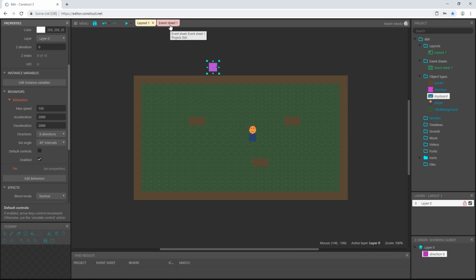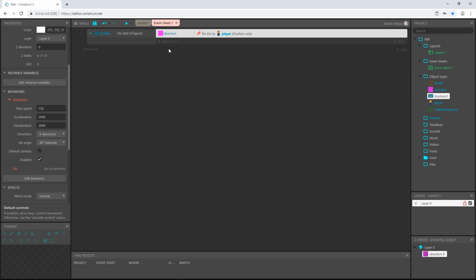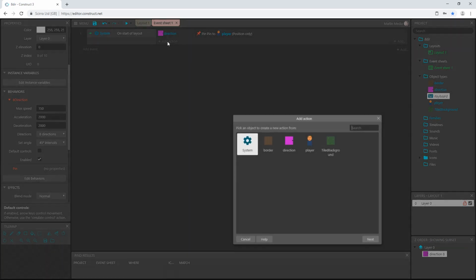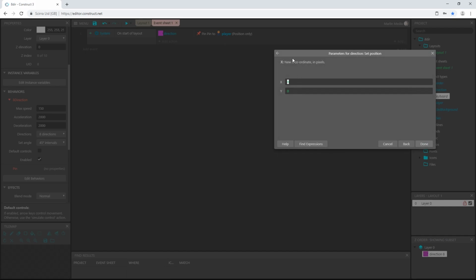Let's go back over to the event sheet. So one of the problems we had was our direction sprite was pinned to our player sprite, just like we told it to here, but it wasn't anywhere near our player. So let's change that. We can add an action and say direction and set position, and our x value is going to be the player sprite dot x for the x value, and player dot y for the y value.